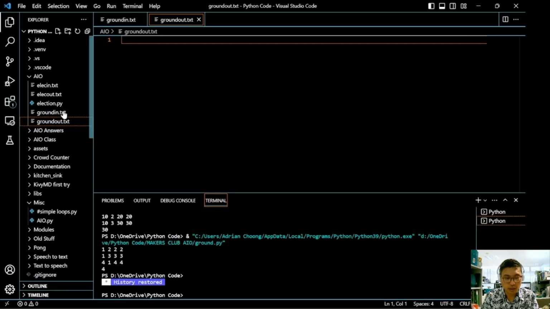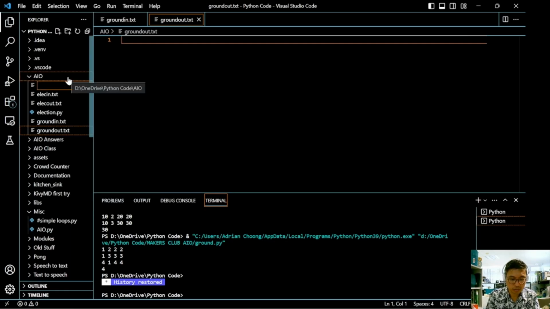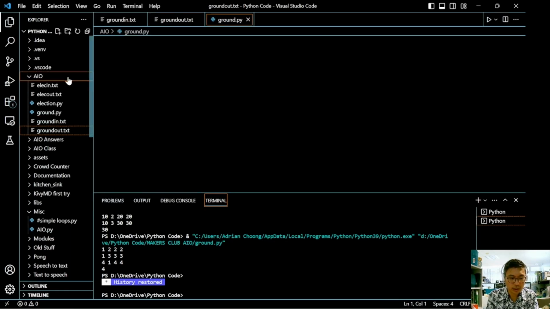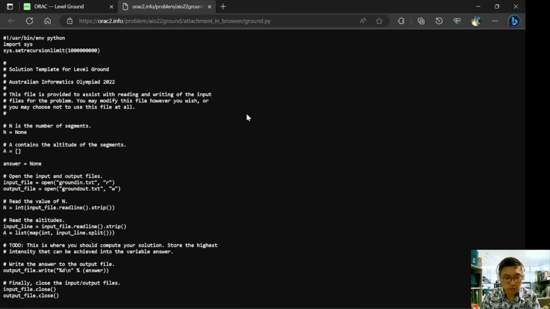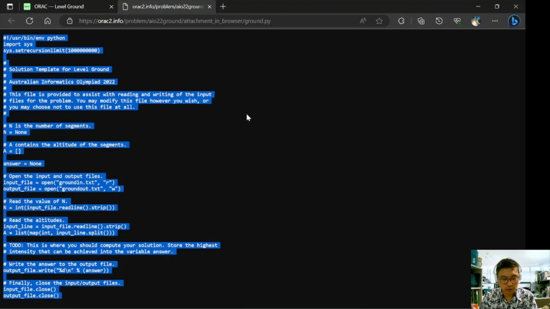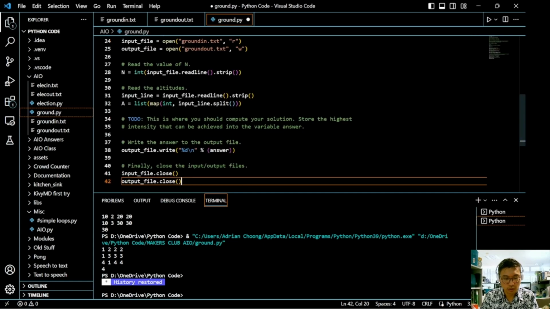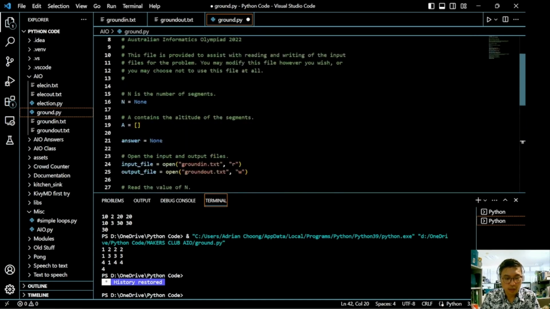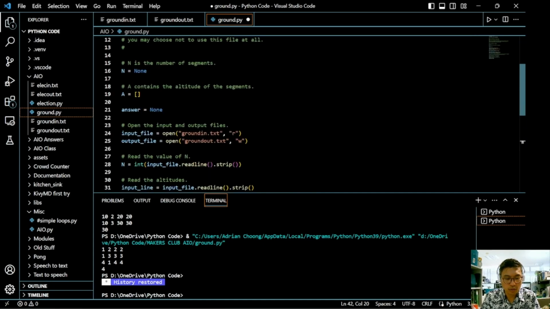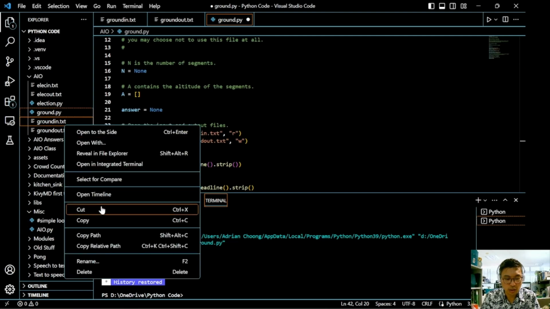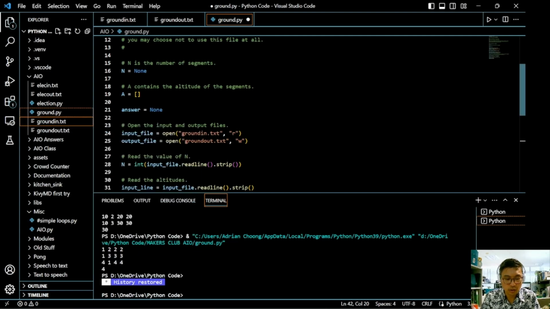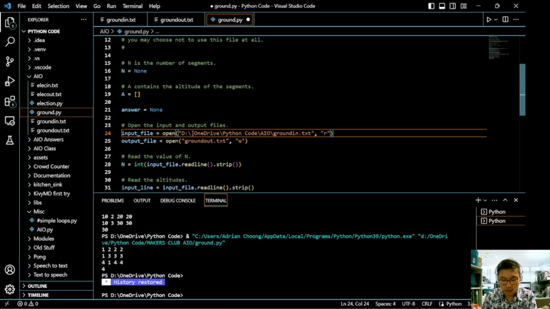So let's start up a file called ground.py over here. That will be our Python file. Now ground.py will copy over the suggested template over here. Okay, and then once again, we will change our groundin.txt into the path of our computer's file. So we'll just put the computer files path over here, remembering to put double slash for all the punctuation marks